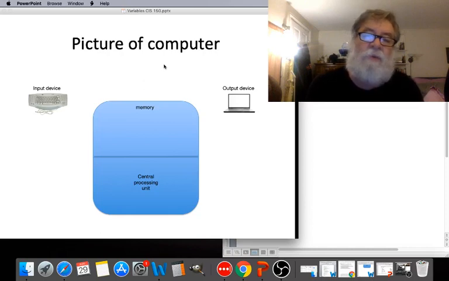like. Now, from the point of view of a programmer, this is the picture of a computer that we care about. In other words, we don't care about the details of how it's engineered. We don't care what's on the chips inside. We don't care how big or how small it is, or what brand it is, or what operating system it uses. All we care about is the things that are essential to every single computer, and that's the 4 things